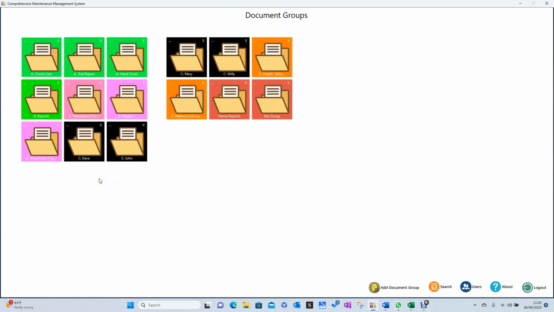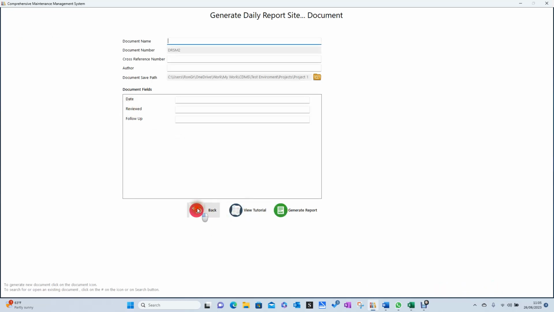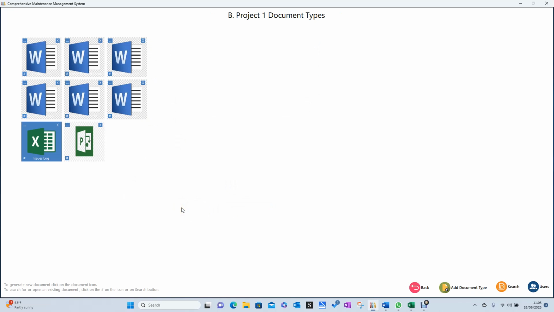So, moving swiftly on, I'm going to look at how we use this in another type of situation. In this case, I'm looking at projects. As anybody knows, a project can have hundreds and hundreds of documents. I mean, if you just look in the PMBOK guide, there's, goodness me, a document for everything. And trying to keep all that managed and all the different people feeding back into the project. So, in this case, we've created a document group. And that way I can keep track of all the documents, if I'm the project manager,